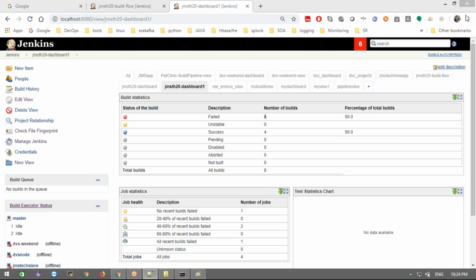I will give more sample Jenkinsfiles, sample pipeline code for your understanding. I will give more than 10 pipeline codes. I have one Jenkins repository, a GitHub repository. I will share that repository, and I will share it with the old students also. Okay, fine. Clear, guys? Today's topic, any questions?